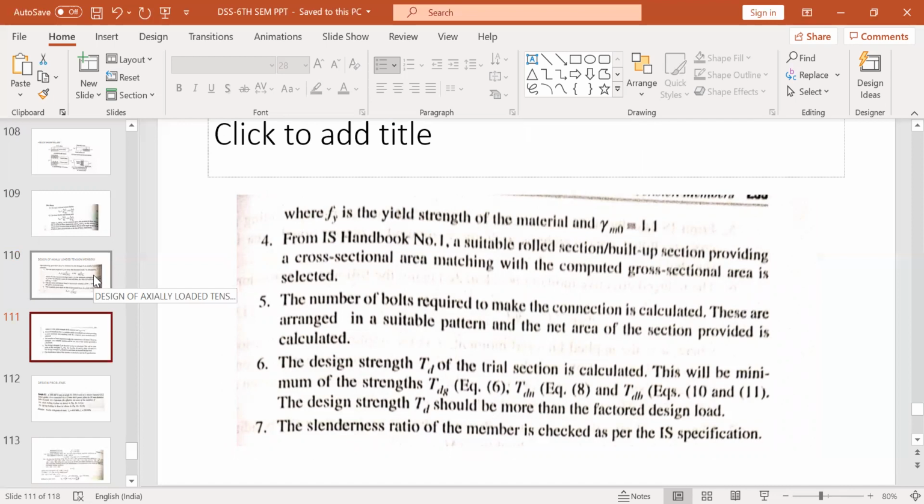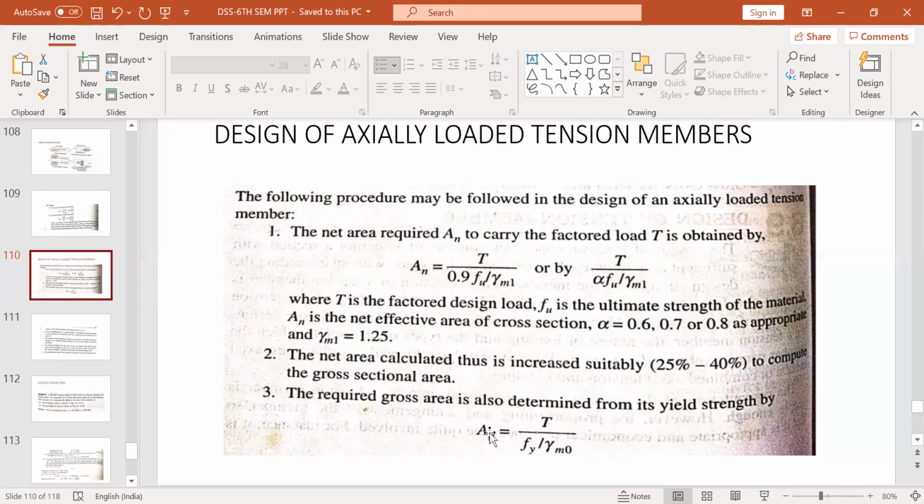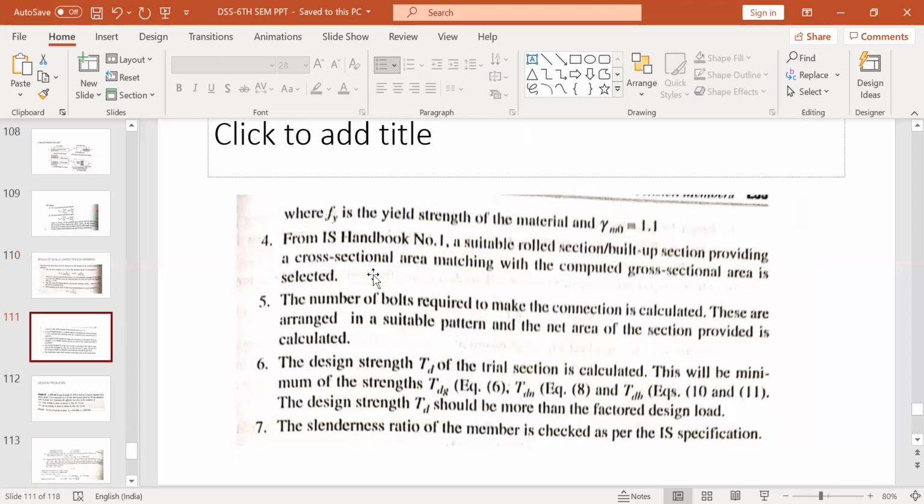Now go to steel table, rolled angle sections or built up section. You provide that much area, whatever area you have calculated here, and this area. Okay, this should be somewhat closer. This increased area and this gross area should be somewhat closer. Now, based on this calculation, you select an angle section, a rolled steel angle section from the IS steel table,